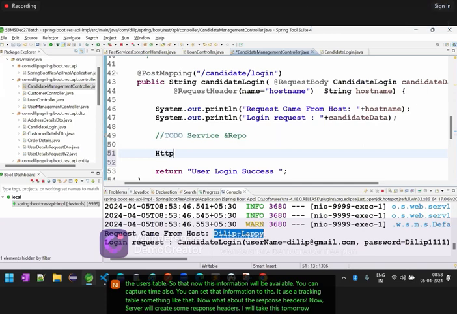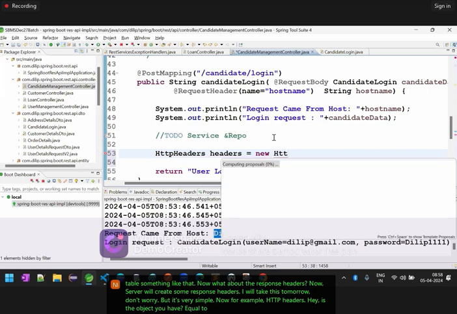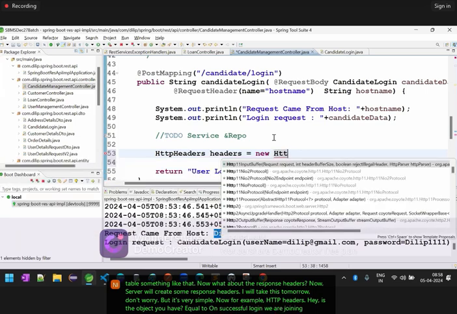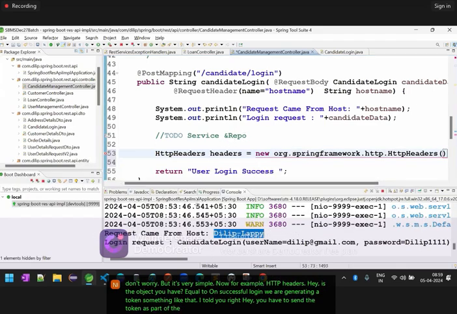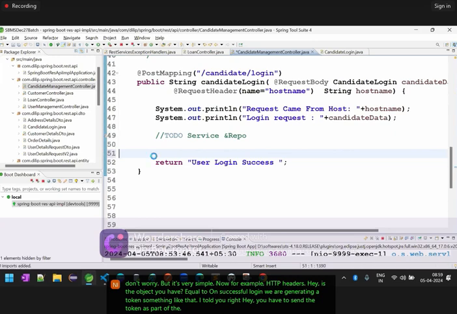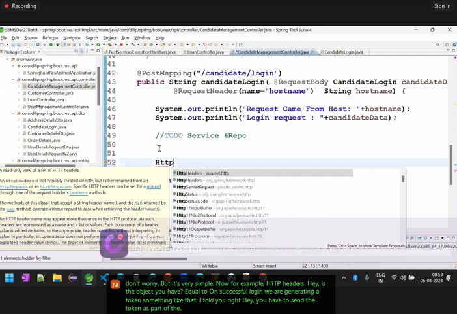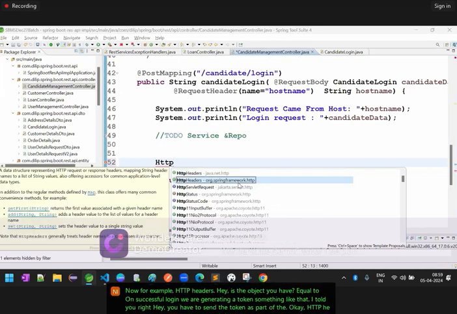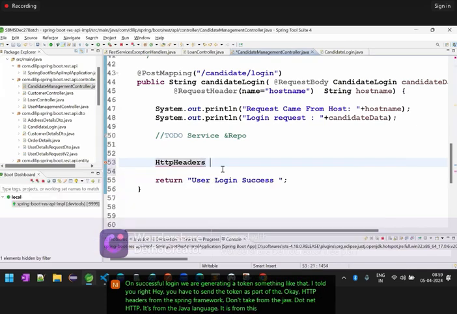I will take this tomorrow, don't worry. But it's very simple. Now, for example, HTTP headers is the object you have equal to new HTTP headers. On successful login, we are generating a token, something like that. I told you, right? Assume you have to send the token as part of the response. HTTP headers from the Spring framework. Don't take from the java.net HTTP. It's from the Spring framework. Okay. So response